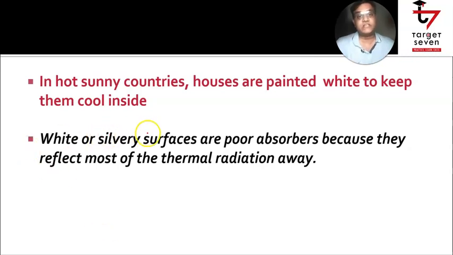Which means in hot sunny countries, the houses are actually painted white to keep them cool inside. Reason, as mentioned already, white or silvery surfaces are poor absorbers. They are good reflectors. They would reflect away most of the heat or thermal radiation that is incident on the